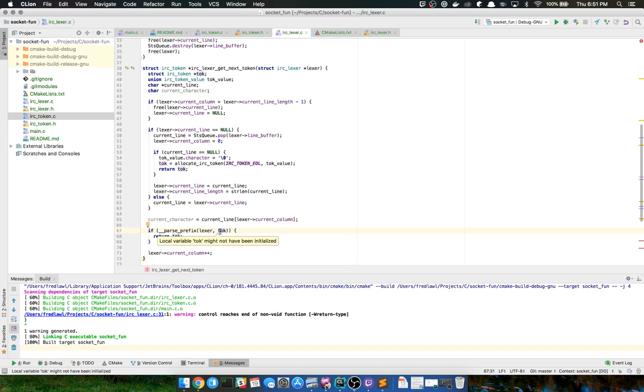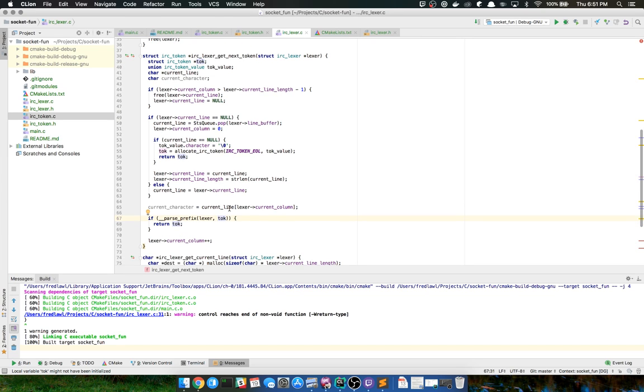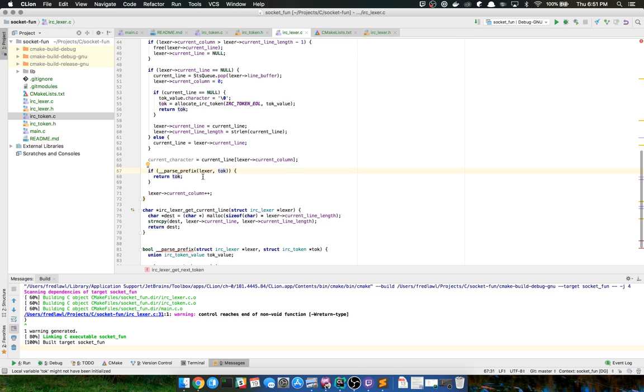Yeah, but then if I do that, we'll always have this problem here of it not being initialized. Or maybe I'm doing the function wrong. Maybe I should rethink how I'm doing the function. Maybe I should have it return a token.